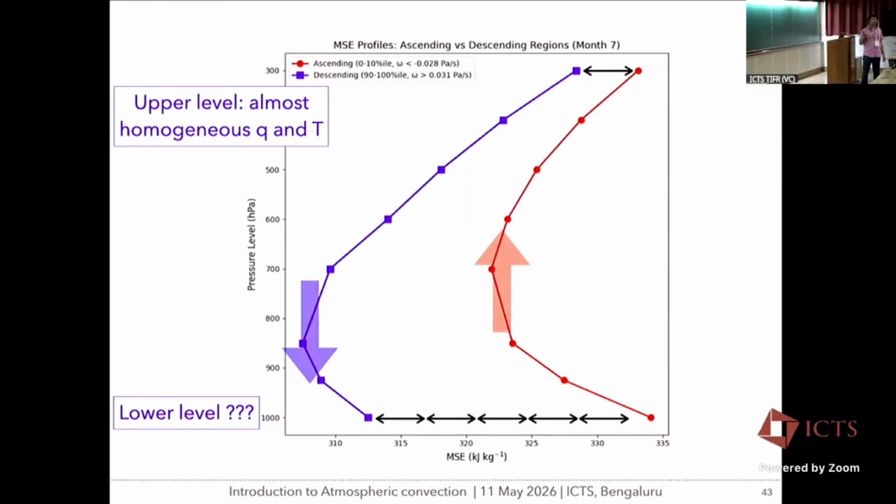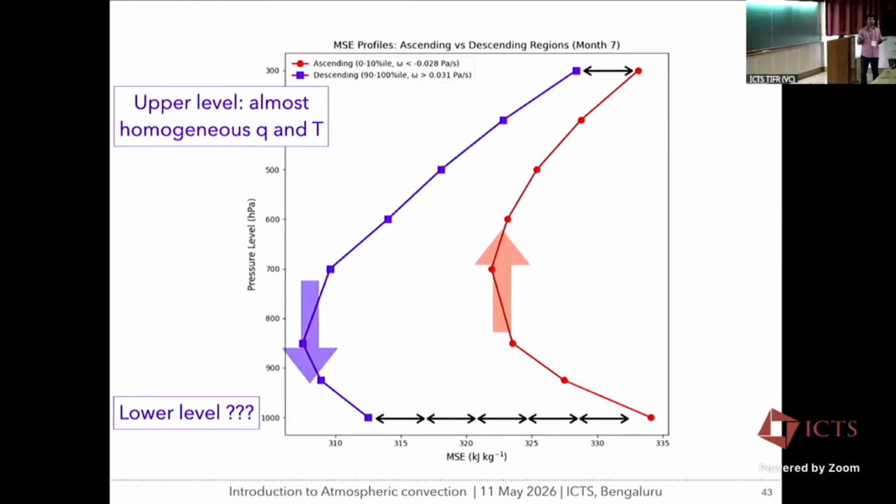And if you remember seeing the moisture and temperature distributions, the annual mean, zonal mean cross sections, then you would remember that at the upper levels the moisture already has lower values and less variability. Temperature also, by design, we define the tropics as the region where temperature varies very little, something we know as weak temperature gradient. You might have heard the term. So at upper levels, as a consequence of less variability in moisture and temperature, we see less difference in moist static energy. But what happens at the lower level